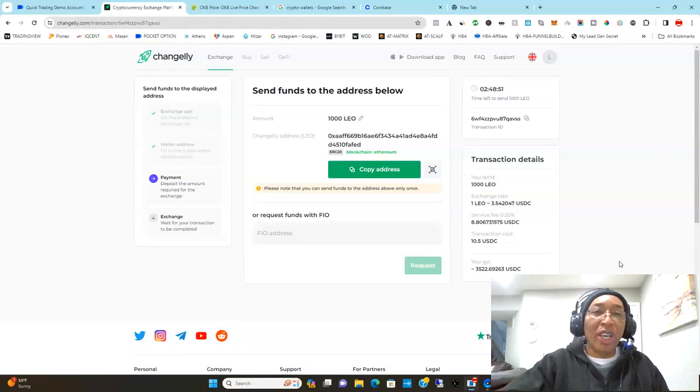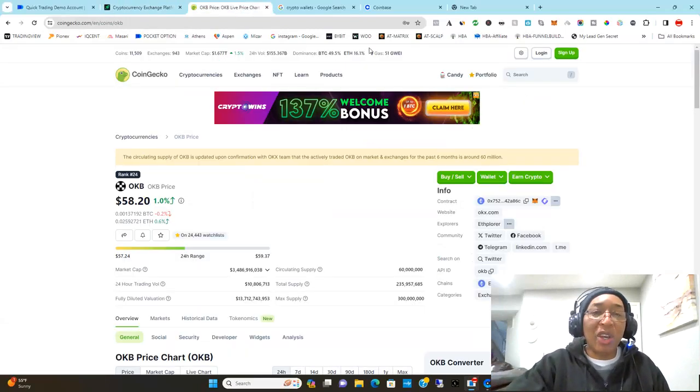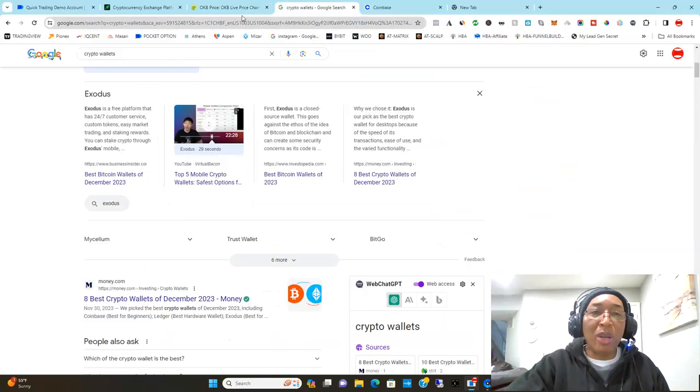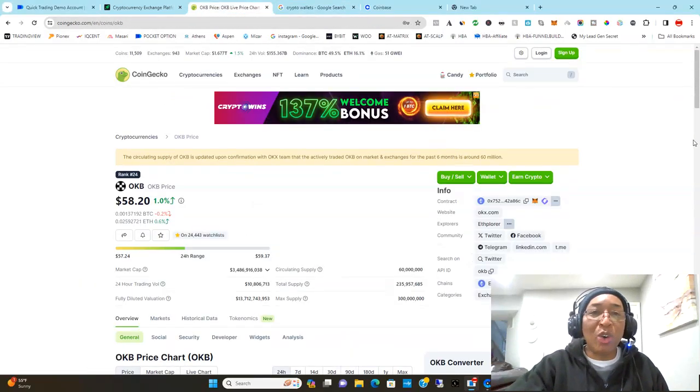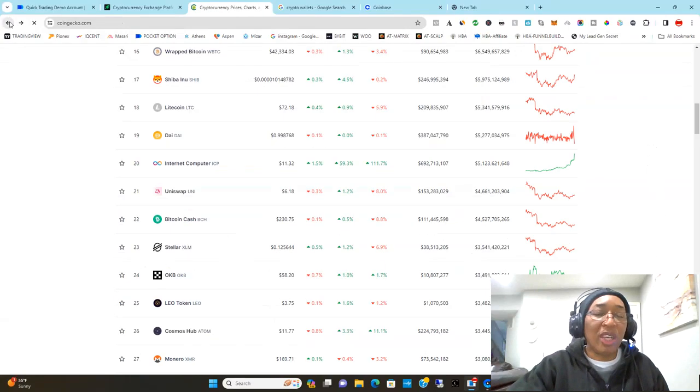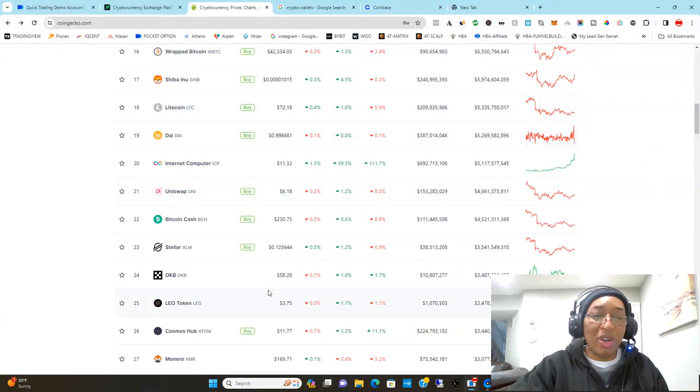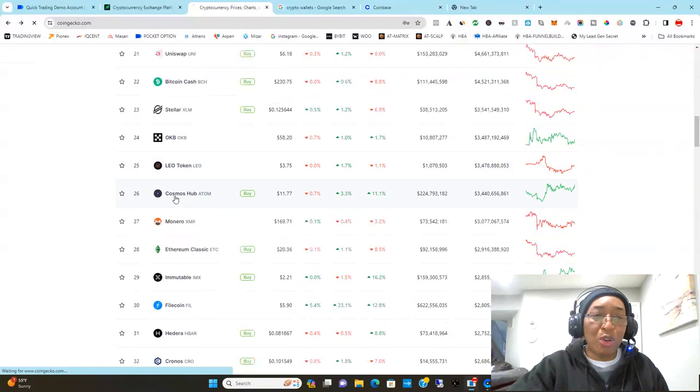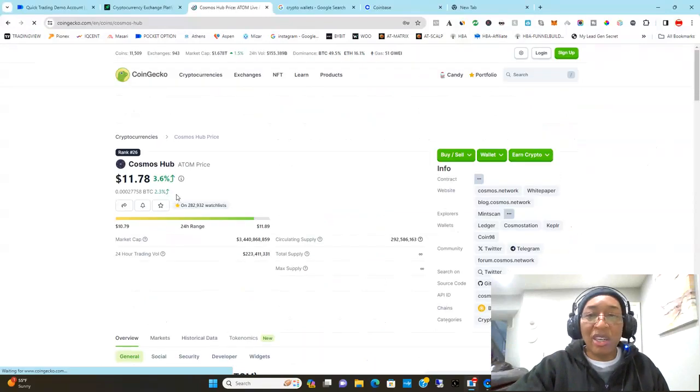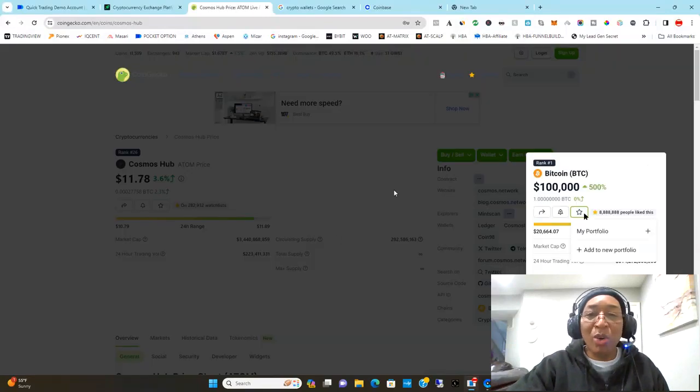Or you have a crypto, OKB, but whichever merchant you go online to make a payment can only accept Bitcoin, for example, or Ethereum, or Solana, or DAO. They do not accept this little known coin that you have. So how are you going to use that? How are you going to go around that? The only way to do that is if you have your Cosmos and you want to change that into Bitcoin,